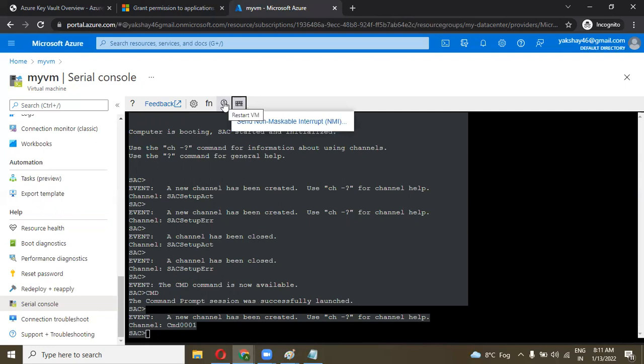If you want to shut down that machine, you can shut it down over here. If you want to use another feature, you can use the function key over here. If you write some command over here, it will replicate on your machine.